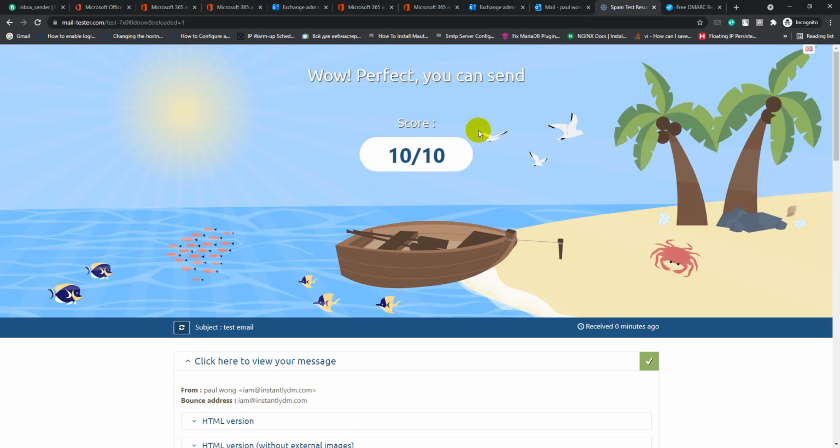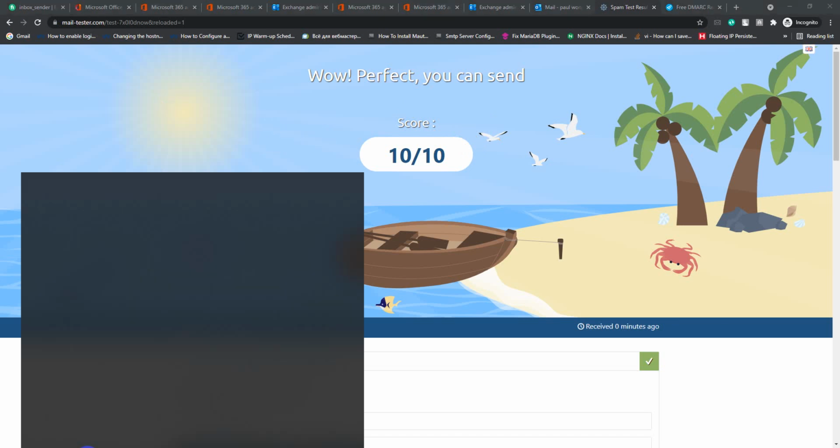So let me show you how you can connect this Office 365 account with a sending software. By default, Office 365 doesn't allow you to track email campaigns or open rate. So I'm going to connect Office 365 with Outlook and install the Sales Handy add-on.